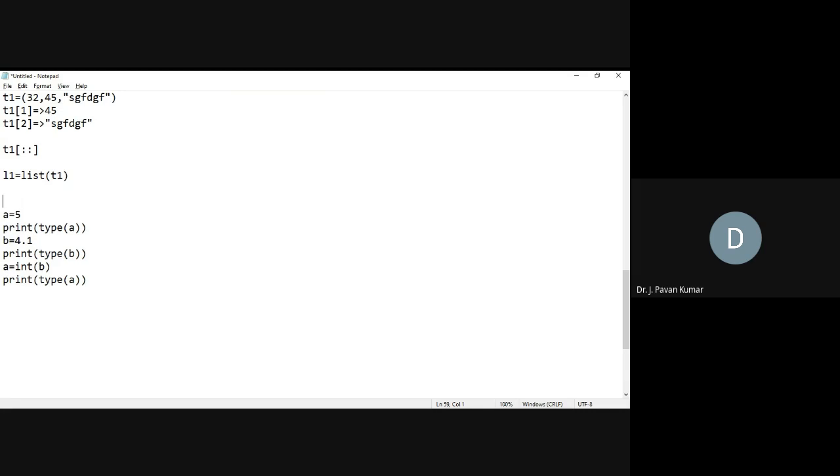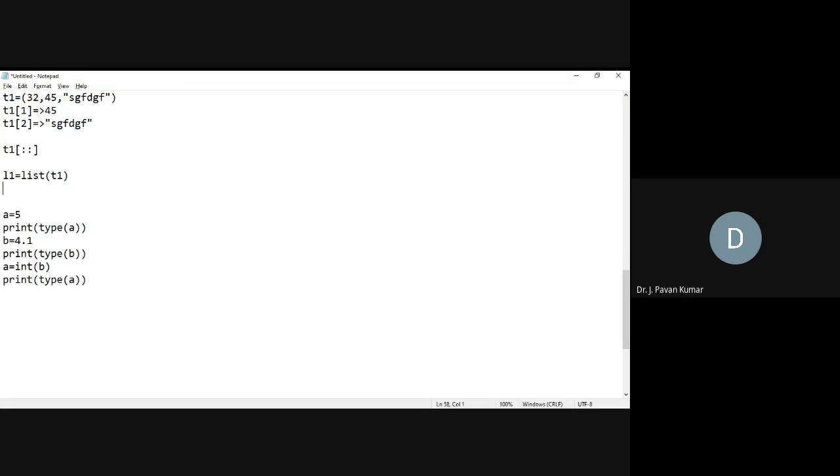Okay, after this we could modify L1, isn't it? In L1 we can insert some elements, we can append some elements, we can modify some elements. All those operations which we could perform on a list, we can perform on L1.